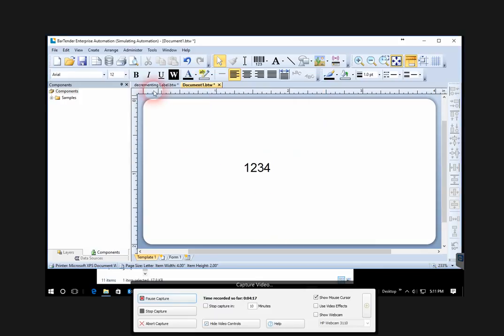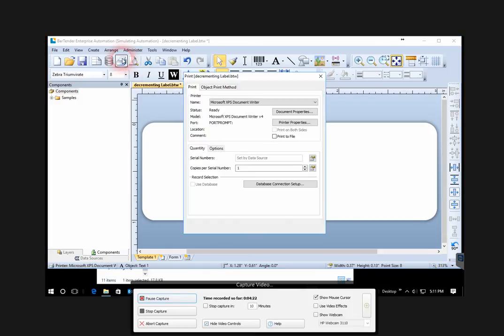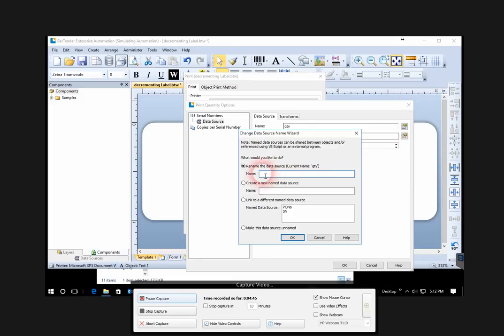Okay, but in the label we're using, since it has an incrementing field, when you go to print this, the dialog box looks different. So you're going to have to get more familiar with how to use the API, pass values maybe to the label if you want, or you can pass something directly to the number of serialized copies value in the dialog box, and then maybe you don't have to have this set the way I do. You could set it back to use the print dialog box value. You can make it unnamed, but anyway,